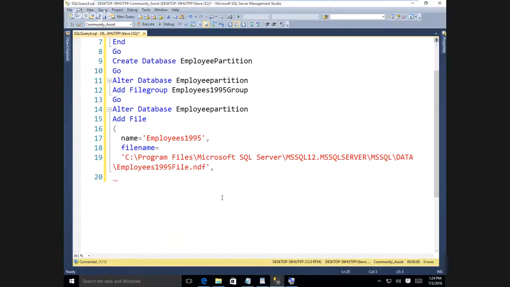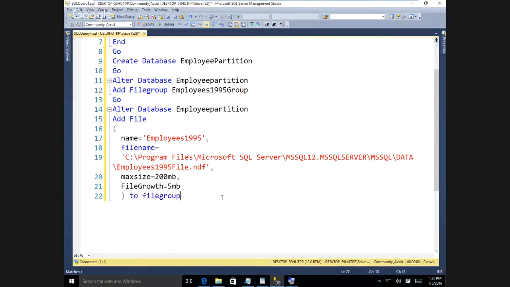And then I'm going to do max size. I'm not sure this is required. Equals 200 megabytes. And file growth equals 5 megabytes. And then I'm going to close that and then say on, or not, rather to, file